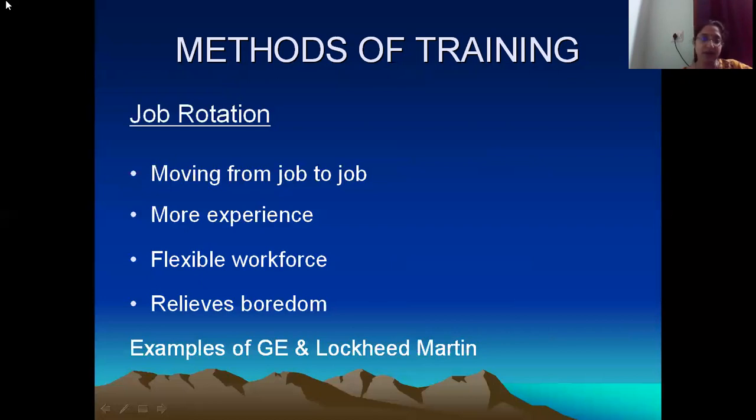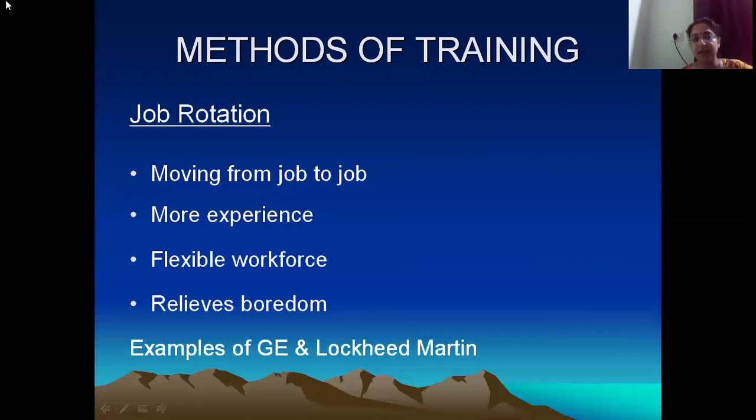After serving in the welding position for some time, after 1 week or after a few weeks, they will be shifted to operating in the assembly line. So these are the different jobs that can be given to the workers in the production line. So now obviously, what advantage can we see out of this?